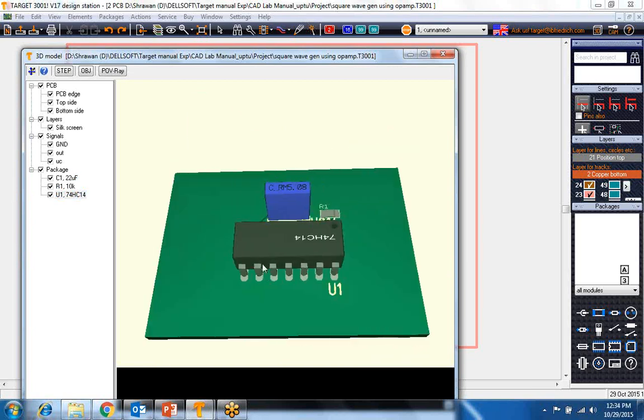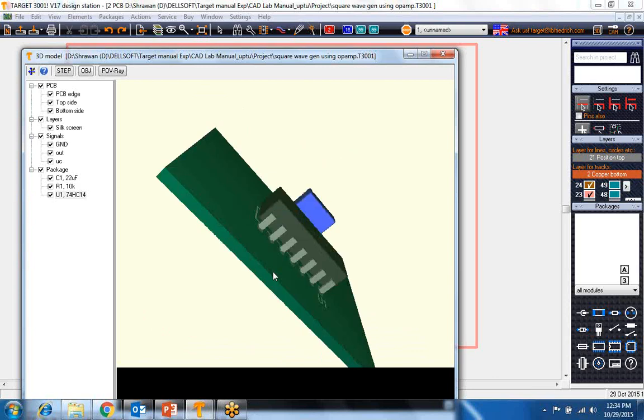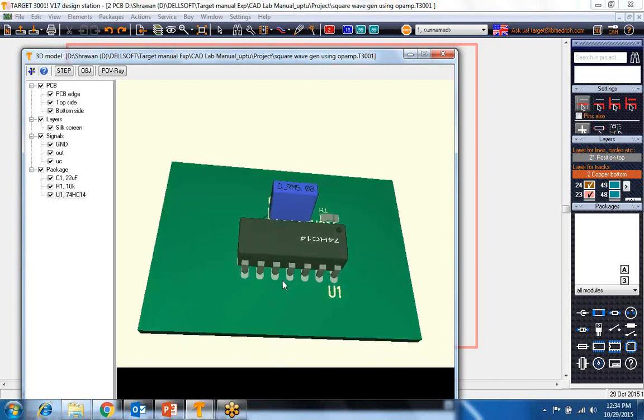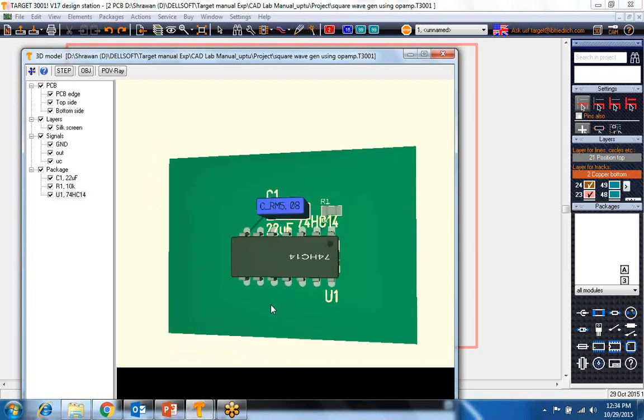This is the base and this is the upper side, top side and bottom side. Can we control the thickness of the PCB, or can anything be done over there? In 3D view you can't choose. You have to edit in the schematic portion only. You edit in the schematic, then go to the layout, and then the 3D view will reflect it.